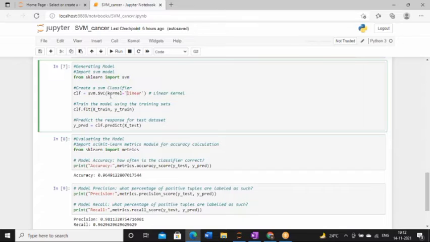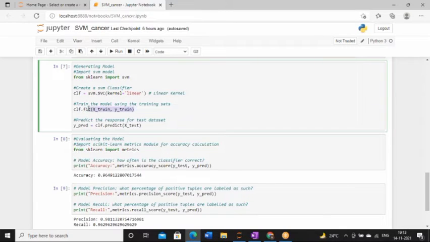Here we have used the SVC function with one argument, which is the kernel argument. Now what is our next responsibility? Our next responsibility is to fit our model on the training set. How to fit our model on the training set? At this point, we have to use the fit function.